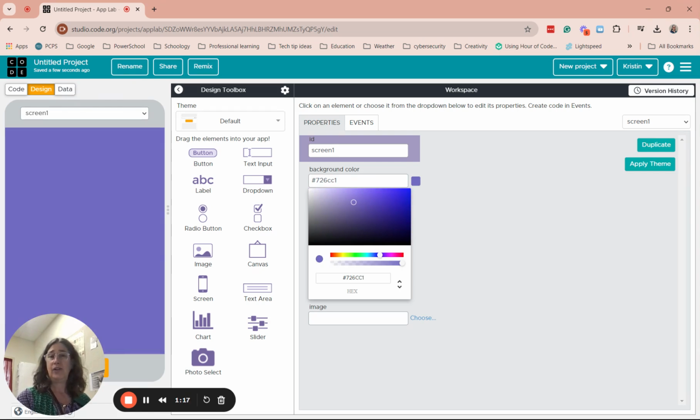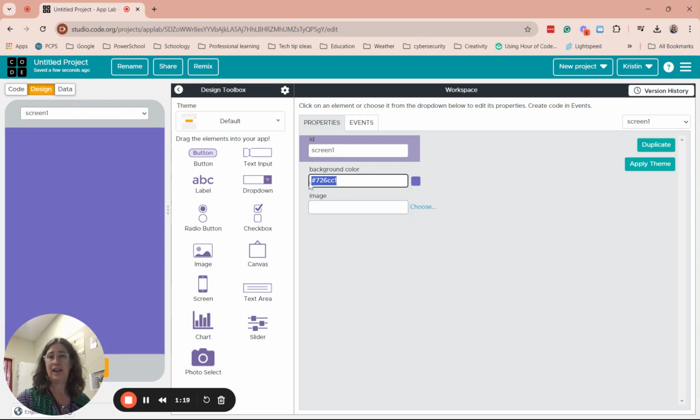So now you'll notice there's a hex code. This is a hex code. That is a code that tells you what color it is. That code represents this color right here, and so that is what the computer interprets for this color. And we have our background. You could also upload an image to your background if you wanted, but instead I think we're going to put